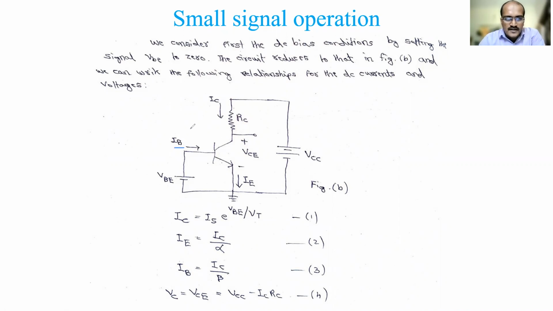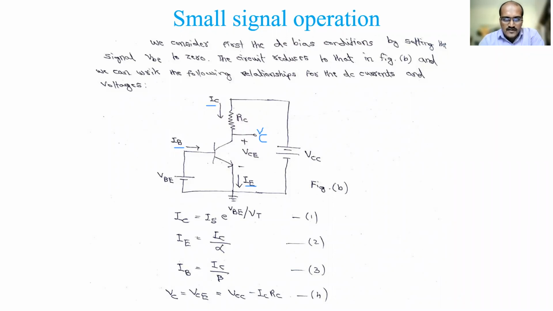So now this is the base current, and there is a collector current at the collector side and the emitter current at the emitter side. VCC is connected here, and this is the voltage VCE, collector to emitter voltage. So this is the collector voltage here. This collector voltage is equal to VCE, because there is no resistor connected at the emitter side, so VE will be 0. That's why VC is equal to VCE. And this is the VBE connected here, DC. So two power supplies are there, and these are the voltages and currents established.